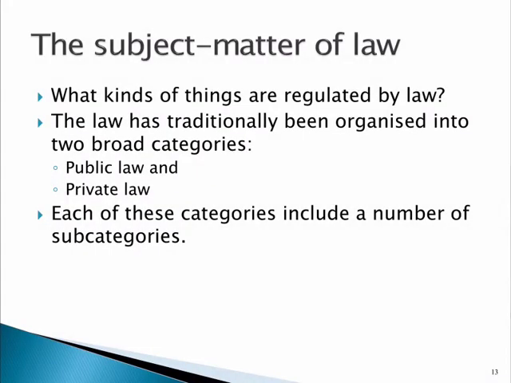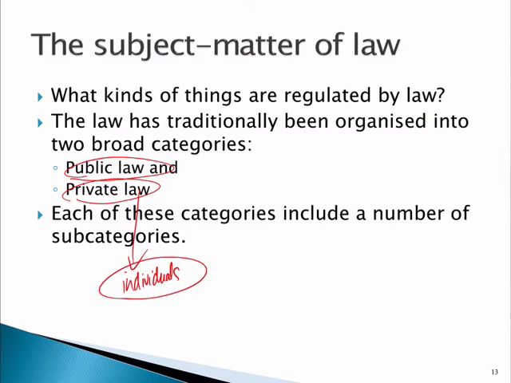The first thing we need to think about is what is actually regulated by law. Traditionally, there have been two key areas. The first area is public and the second area is private. Private law is really about the law between individuals, and the state isn't involved. All the state tries to do is ensure that the rights of the individuals are upheld. In contrast, public law is about the nature of the relationship between the state and the citizen, rather than an individual. So it's a different kind of law. It's about the relationship between the state and the citizen.